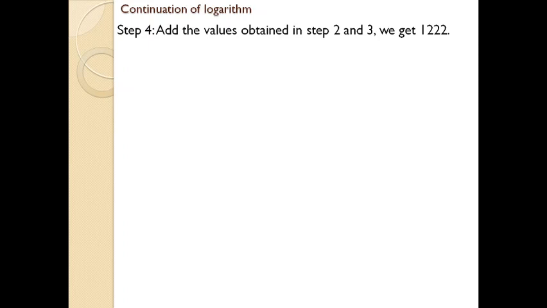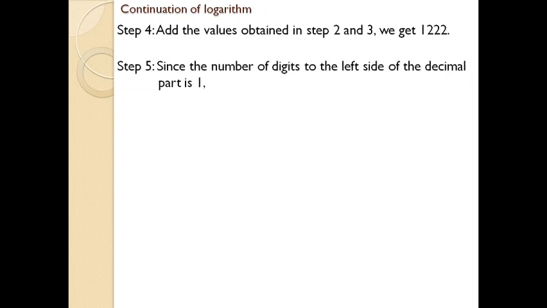The concept didn't end. We just covered the main part of the computation for finding the log. Next is another important part. Step 5: you need to put the decimal. Remember, we began with 1.325. There was one decimal. So whenever a number has a decimal, you need to put the same in the number which we have computed now.